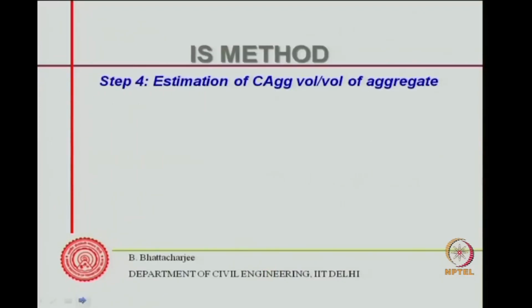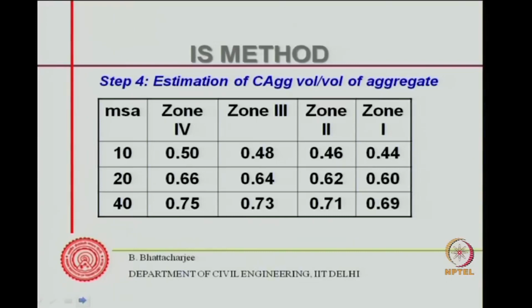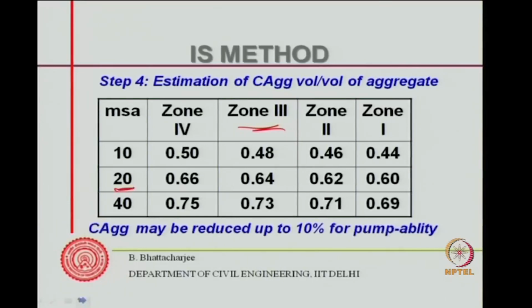Now we have got our water content, and we have also got our water cement ratio. We will come to this later on. Now from table 4, we can estimate the coarse aggregate volume in the total volume of aggregate. And we said that our sand was zone 3. So this is our zone 3 sand. We are using MSA 20. Therefore this will be